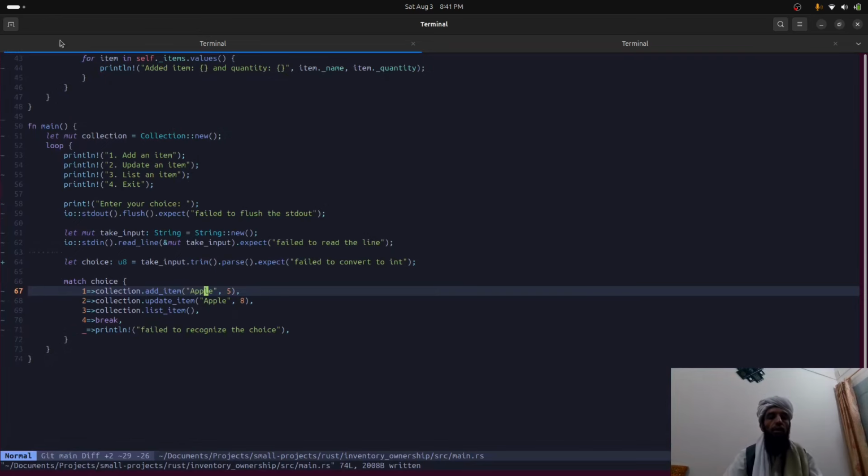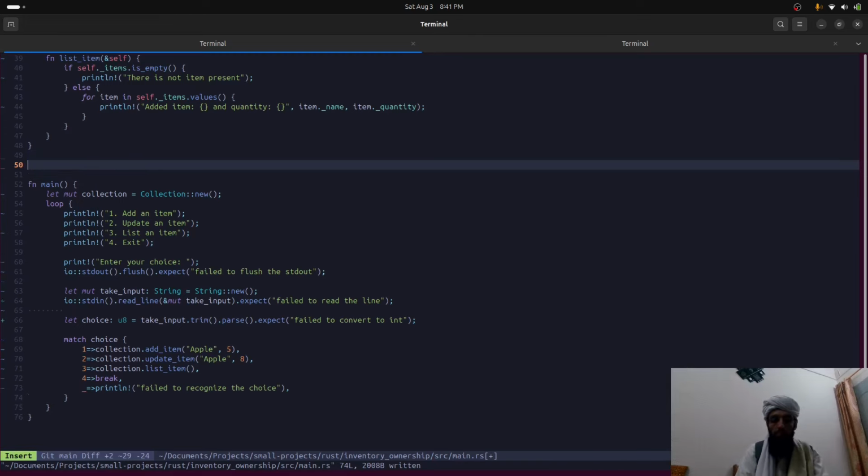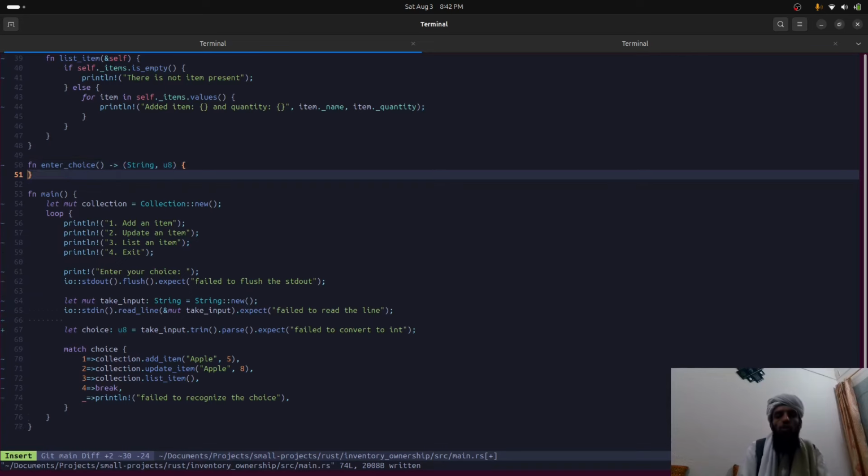Yeah, there is definitely a way, but for this I need to work on another function, that is basically fn enter choice, right? So this will basically allow me to enter my choice. Instead of writing them here, I will write directly here, right? So I will return some kind of variables. The first one is going to be the string, the second one is going to be an unsigned integer, or 8-bit,